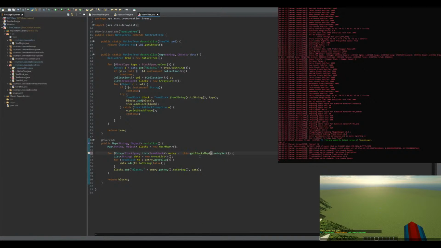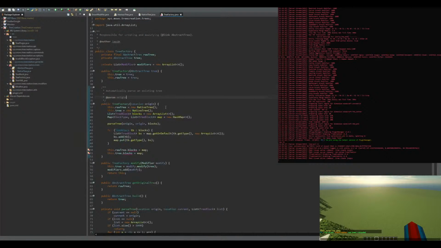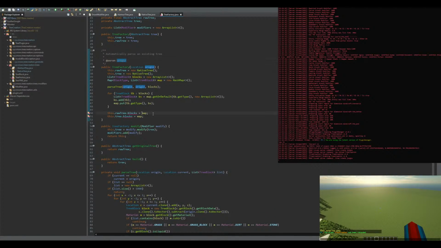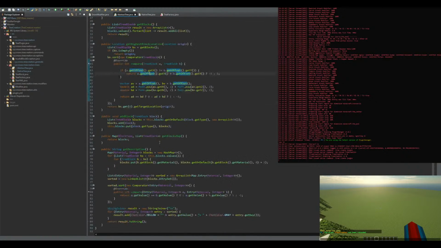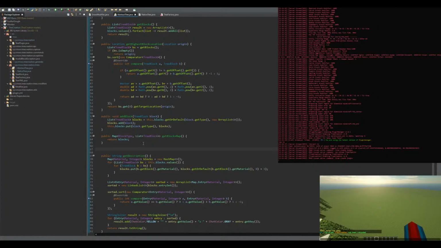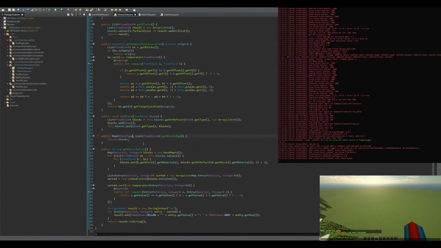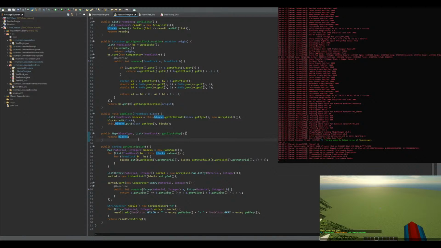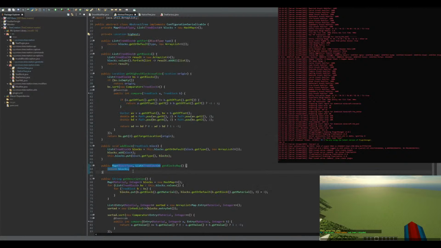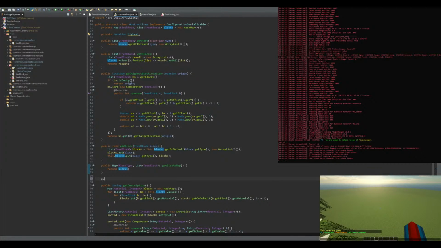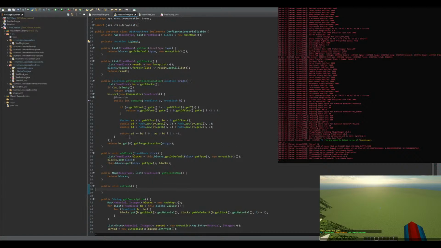Blocks map. Alright, so there's that. Tree factory. What's happening here? Blocks map. Alright, so we're gonna do this. Return. I don't know this. It returns a reference, so yeah. Let's just not worry about it for now. Public. We'll just do refresh. And then